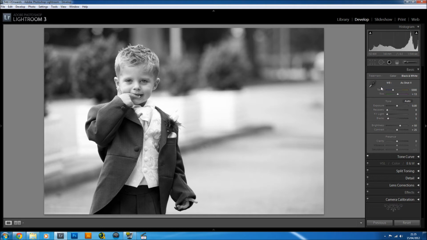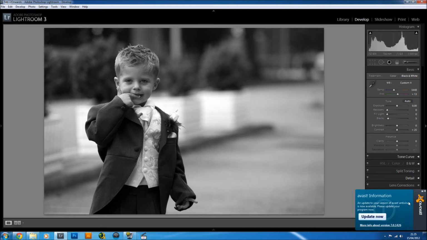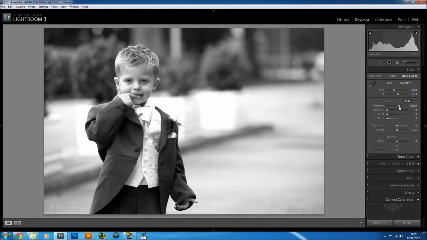You would think that on a black and white image it doesn't affect the image, but it actually does. It works in a pretty similar way to the exposure slider, but I don't really have much to do with it. The first thing I always do, reduce the brightness. I don't like how brightness increases the overall brightness of the image